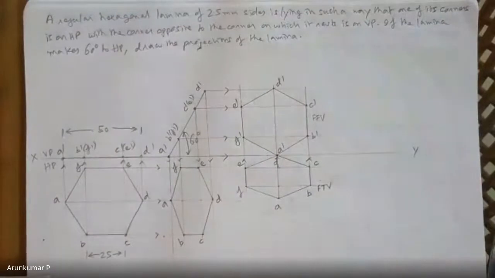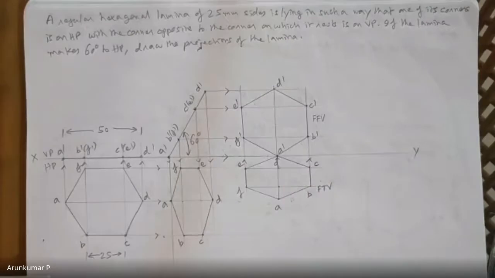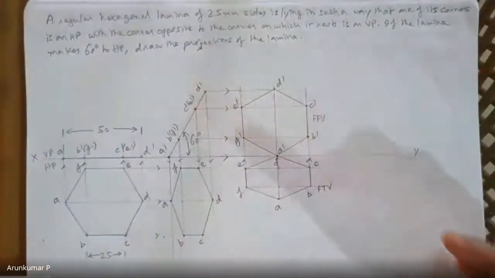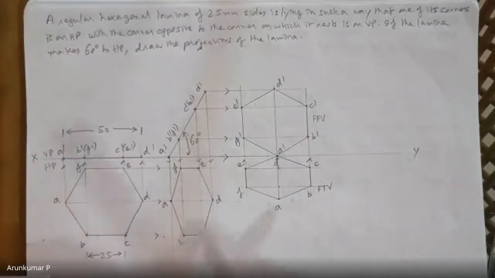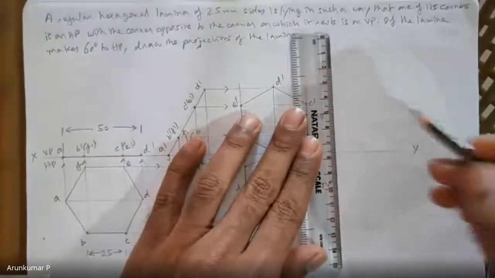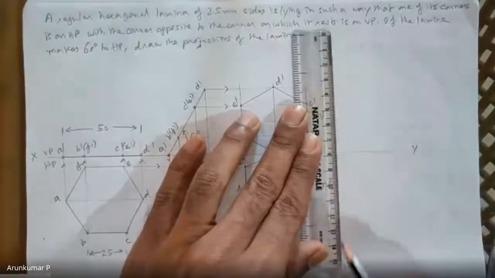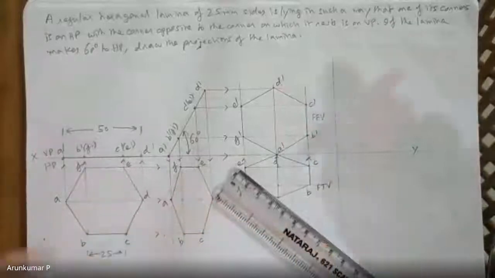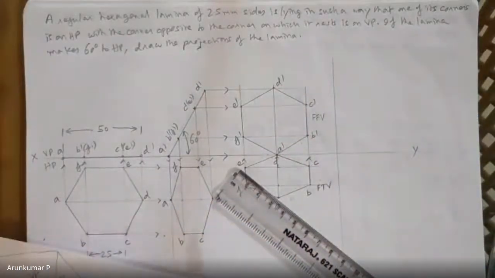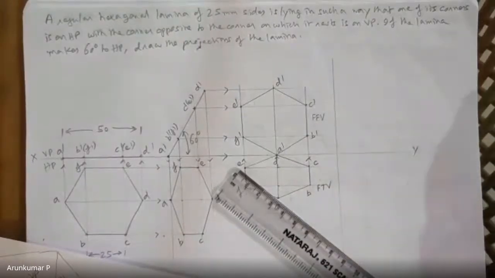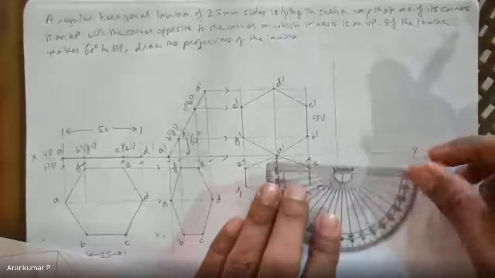And suppose it is asked that you need to draw the side view also. Then it's pretty simple. Draw the x1 y1 line, draw the median line, and get the side view. I'll just show you for one case how it is to be done. Other cases you can do it yourself. If at all it is asked, you can draw it. If it is not asked, don't bother. In this case, it is not asked, so no need to draw. Just for your information, I'm just showing you.